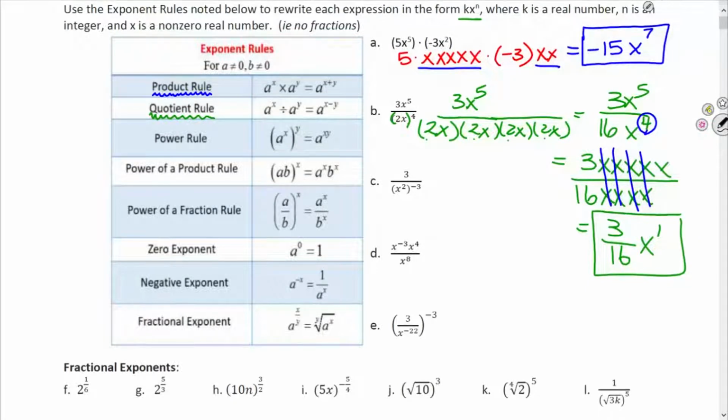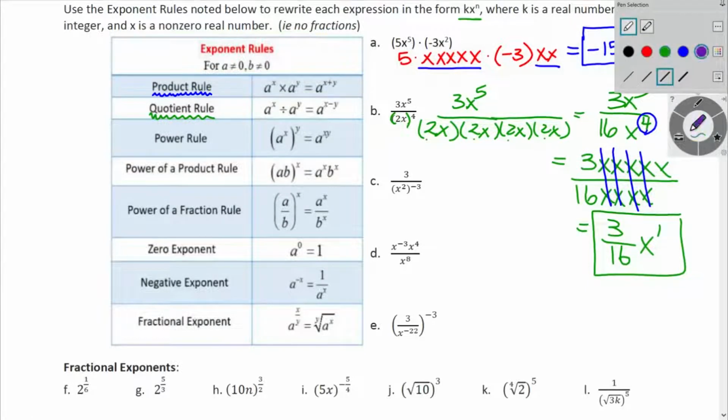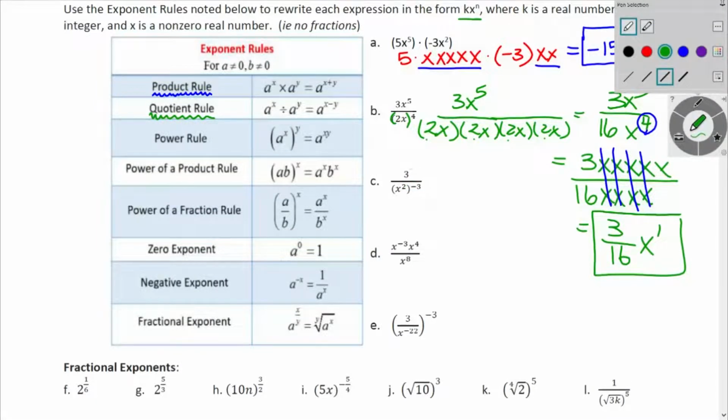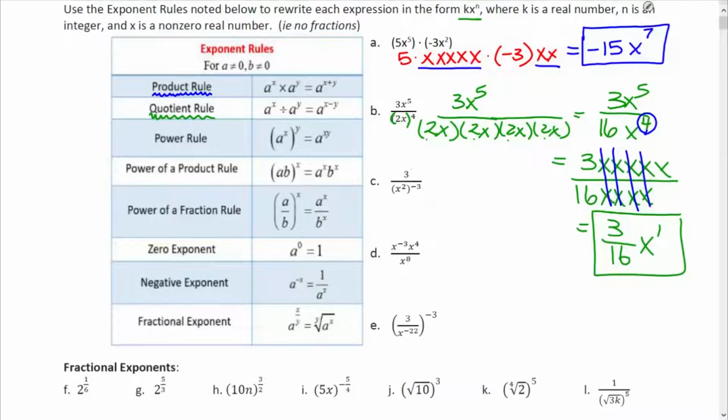Letter C actually has 2 big ideas in it. The first one I want to talk about is this negative third power. What does it mean to have a negative exponent? It's probably a new thing for you if you've never had a negative exponent. So if you go over here,